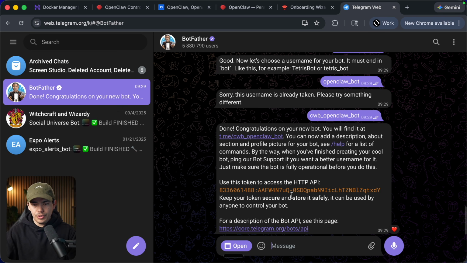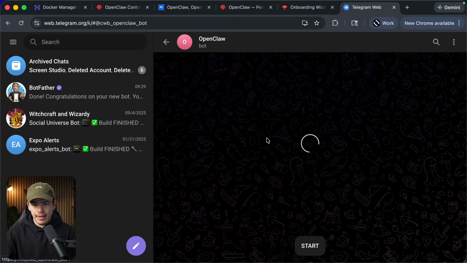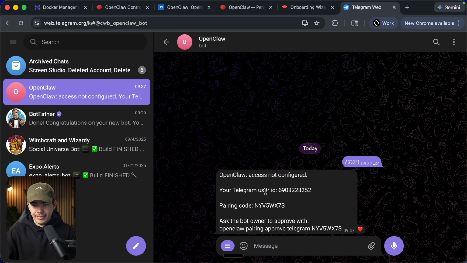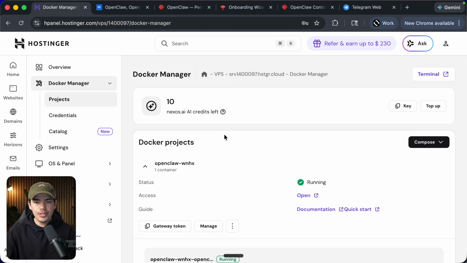So if I go back to Telegram and click on my bot, I can start a new conversation, and this will give me a Telegram user ID as well as a pairing code. And it says that we need to ask the bot owner to approve it with this command. So let's copy that. Let's go back to Hostinger. Inside my Docker manager, let's click on the terminal,